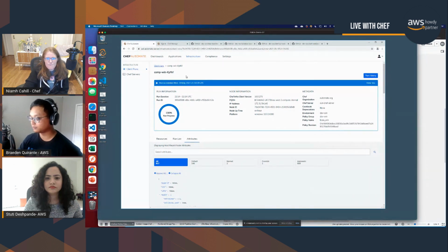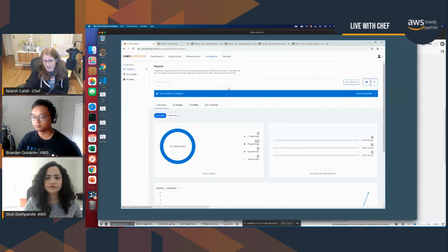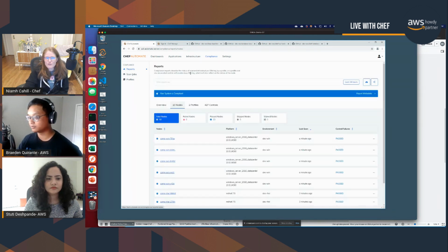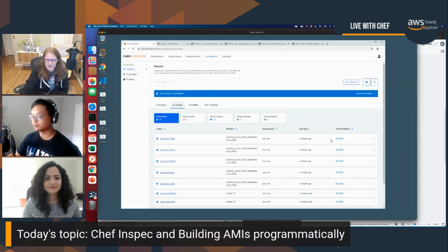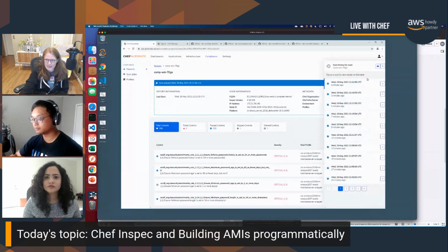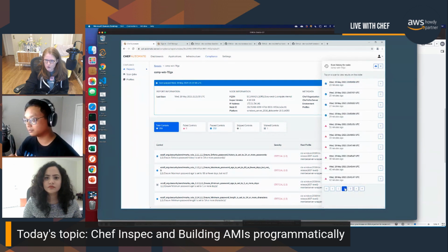So pretty cool from that perspective. And then on the Inspec side, what I'm going to do is go back in time in my timeline. I don't have a very big environment here, but what we can do is click on one of these and go back to where, I don't know if Stuti and Braeden, if you remember when we were half